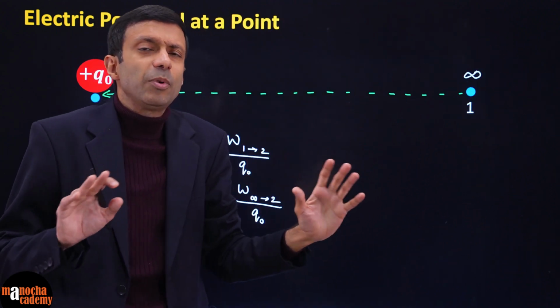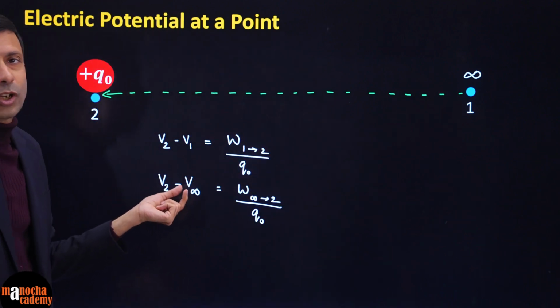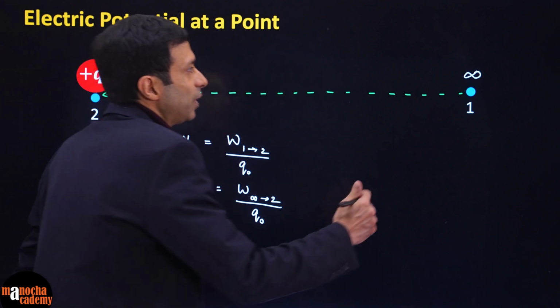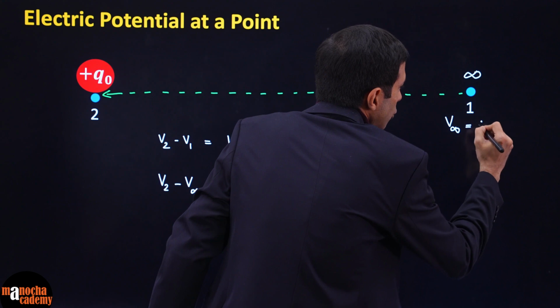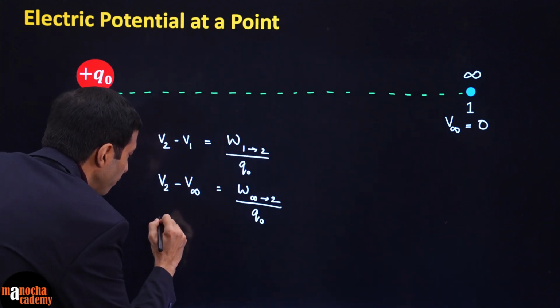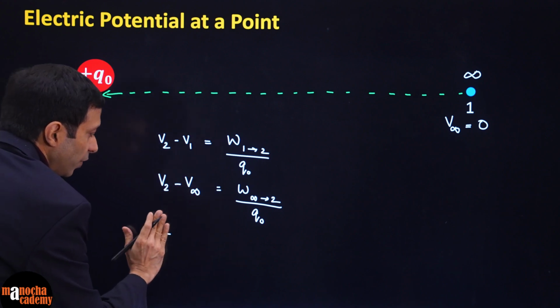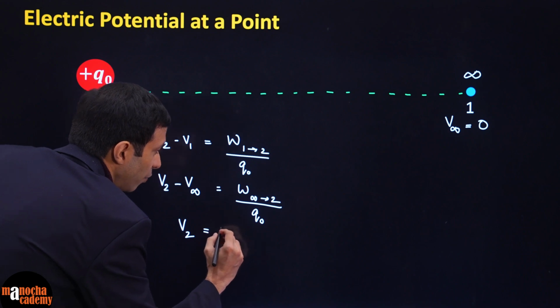So it seemed reasonable to assume the electric potential at infinity to be 0. So we can say V infinity is considered to be 0. So now if I substitute V infinity as 0, it basically becomes V2 minus 0. So we are just left with the term V2 is the work done